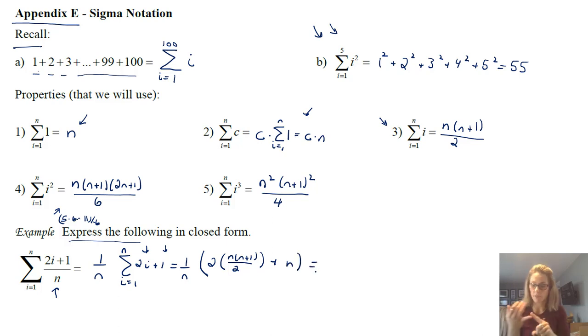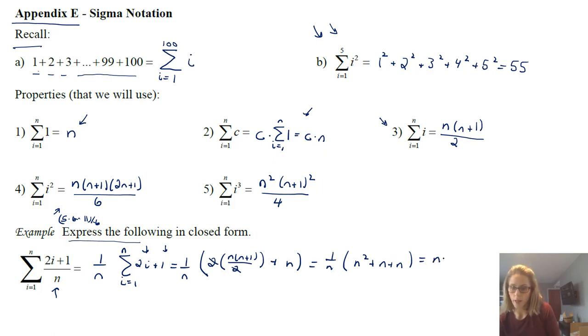So notice I no longer have summation, I no longer have i, because all I'm doing now is writing everything in terms of n, and now I'm just going to simplify. So really you have 1 over n. This is gone, so you have n squared plus n, and that's n squared plus 2n, but you're multiplying that by 1 over n, so n plus 2. So the point is there that if you wanted to add something like this, you don't need to change your i's a bunch of times. This is the formula for that. This is the closed form. You could just put your n and add 2.